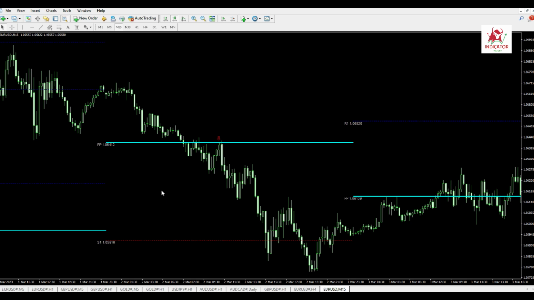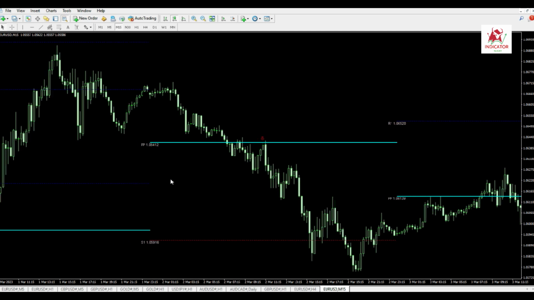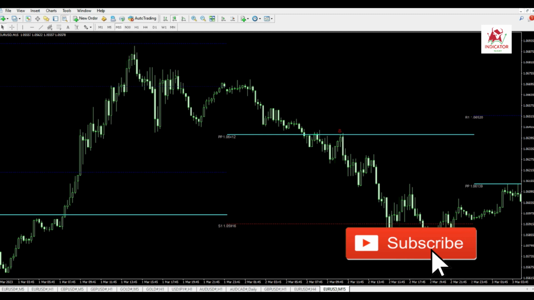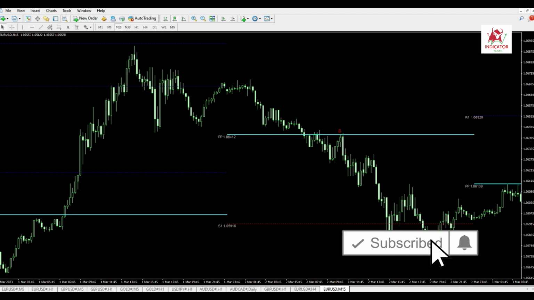The pivot point, PP, equals (close + high + low) / 3. Other support and resistance levels are calculated from the pivot point. First resistance, R1, equals 2 x PP - low. Second resistance, R2, equals PP + (high - low). Third resistance, R3,